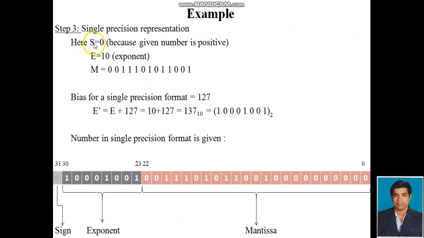Here S is equal to 0 because the given number is positive, E is equal to 10, the exponent, and M is the mantissa, that is 00111 01011 001. The bias for single precision format is 127, E dash equals E plus 127. Here the exponent value is 10 plus 127, which is 137. Its binary equivalent value is 10001001 base 2. The number in single precision format